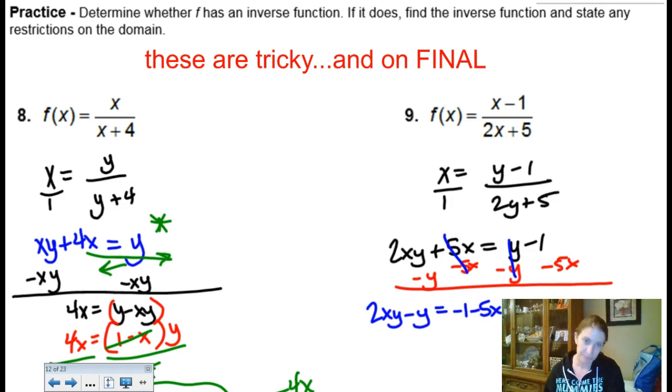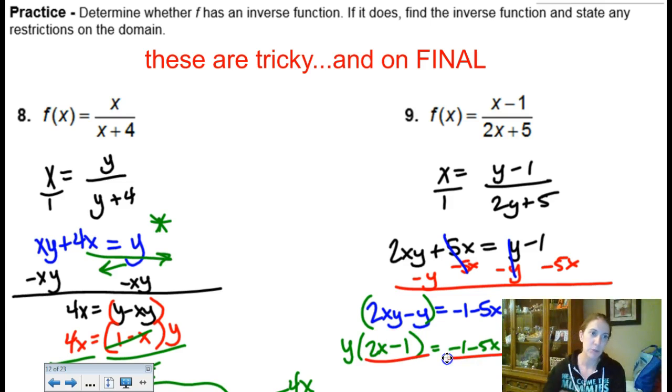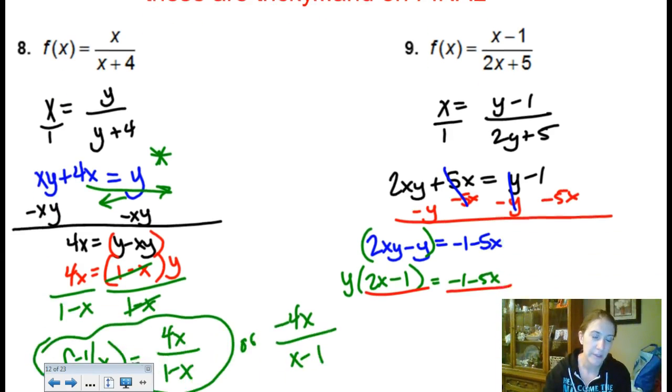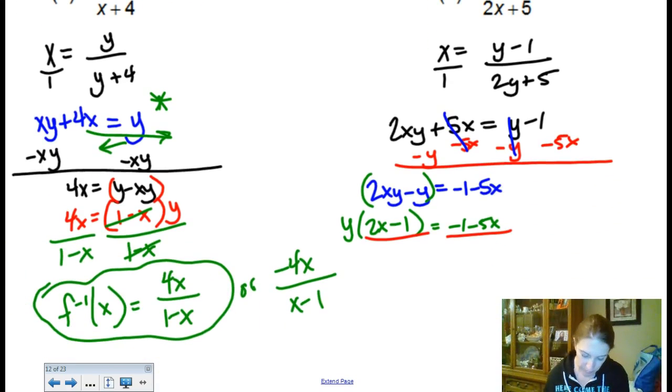Notice my goal is to factor a y out so I can isolate it. So factor that y out, and we're left with 2x minus 1. Don't forget a y factored out of a y is still a 1. Equals negative 1 minus 5x. Then divide both sides. I need more space again. One of these days I'm just going to write smaller. So if I divide by 2x minus 1,